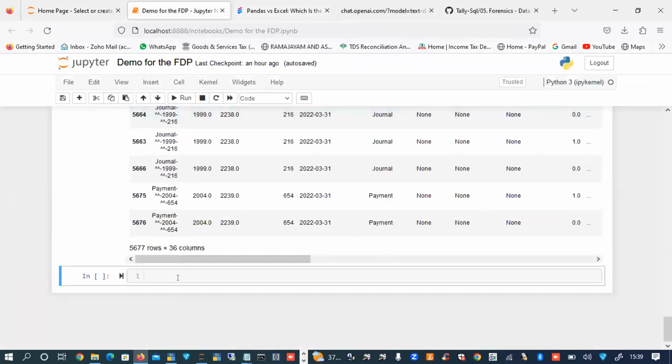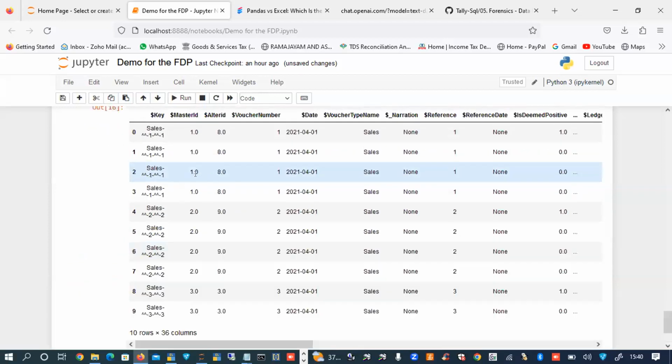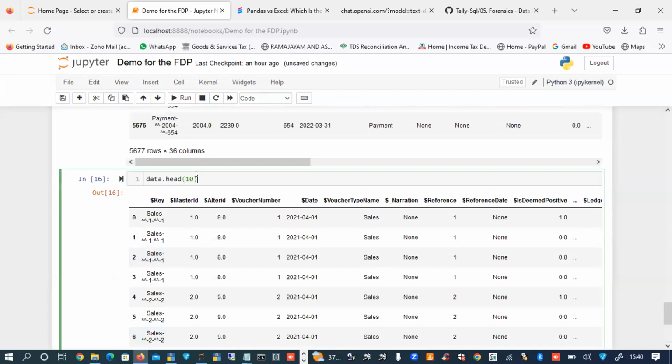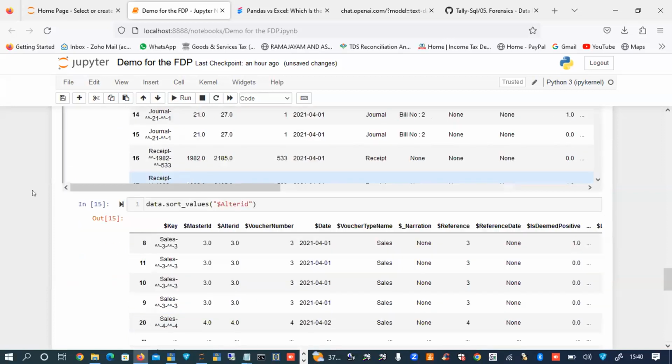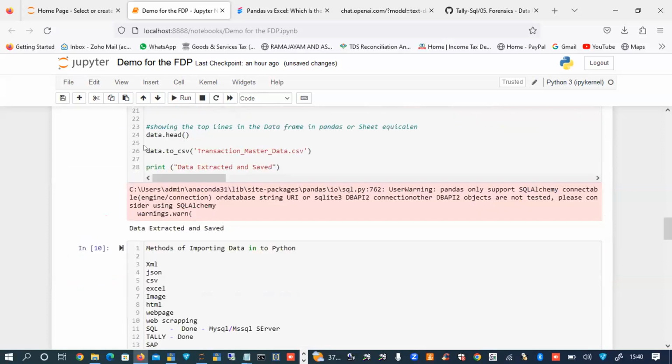So this is how you need to take it forward in terms of doing the analysis. Again, if I say data.head 10 items, now it is showing like this. Now again, I can write this last line. For example, I can say data to CSV.